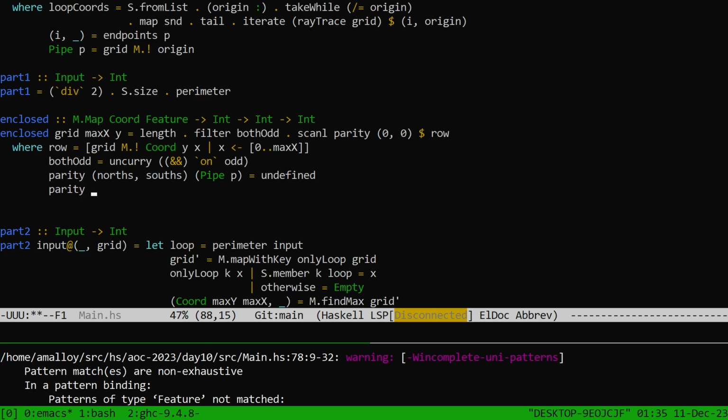Parity of P and anything is just P. So if we see something that isn't a pipe, we'll leave the parity alone. If we see something that is a pipe, then we have some thinking to do. Well,